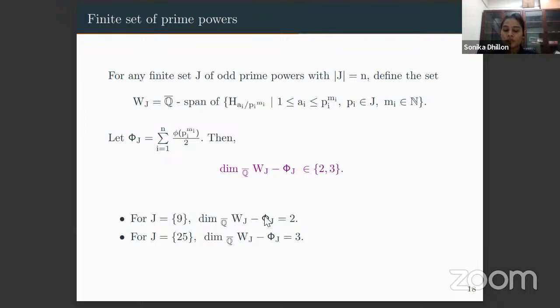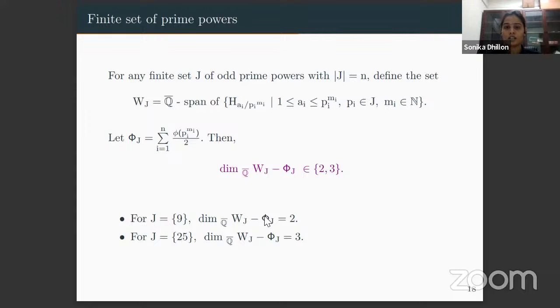So till now, even for the non-vanishing of L functions, whatever functions we were studying were mostly Dirichlet type functions. The obvious question is, if the function is not Dirichlet type, then what happens? Can we talk about some functions which are supported only at, say, phi of p to the power n by 2 plus 2 many values? Then can we talk about the linear independence, the non-vanishing of those L functions?